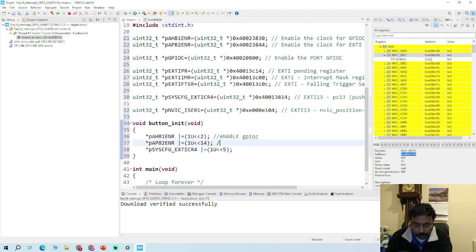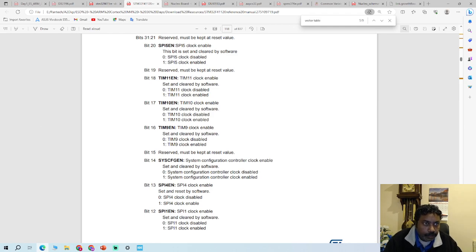So this is for enabling sysconfig, and this is for enabling sysconfig control register 4. So if you go back here to the contents again, go to sysconfig register,